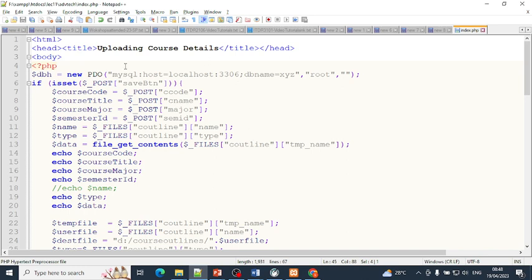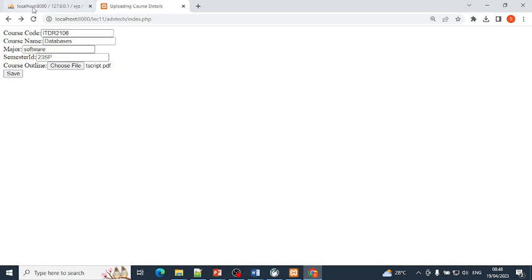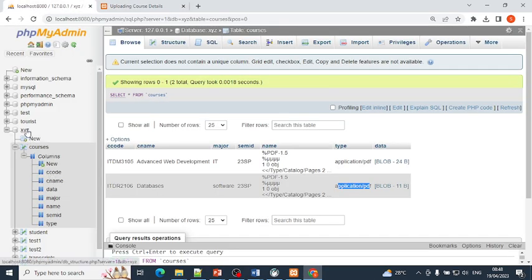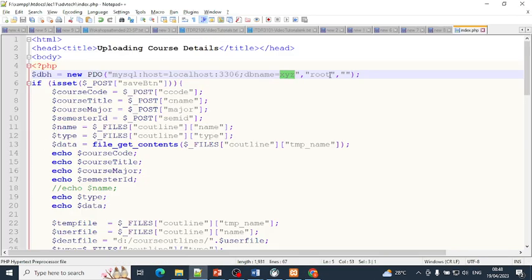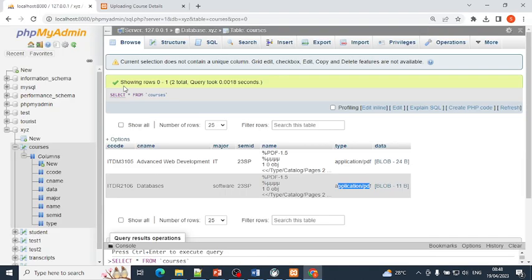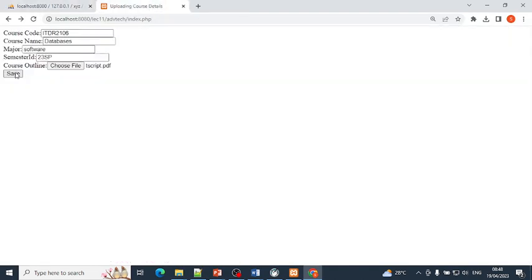So in the script, what I am checking first, I am getting the connection to the database. So this is my port number. This is the name of my database, XYZ. Okay, default username is root, password is blank. Now I am checking the action here. Did I press the submit button? That is, if I click this button,